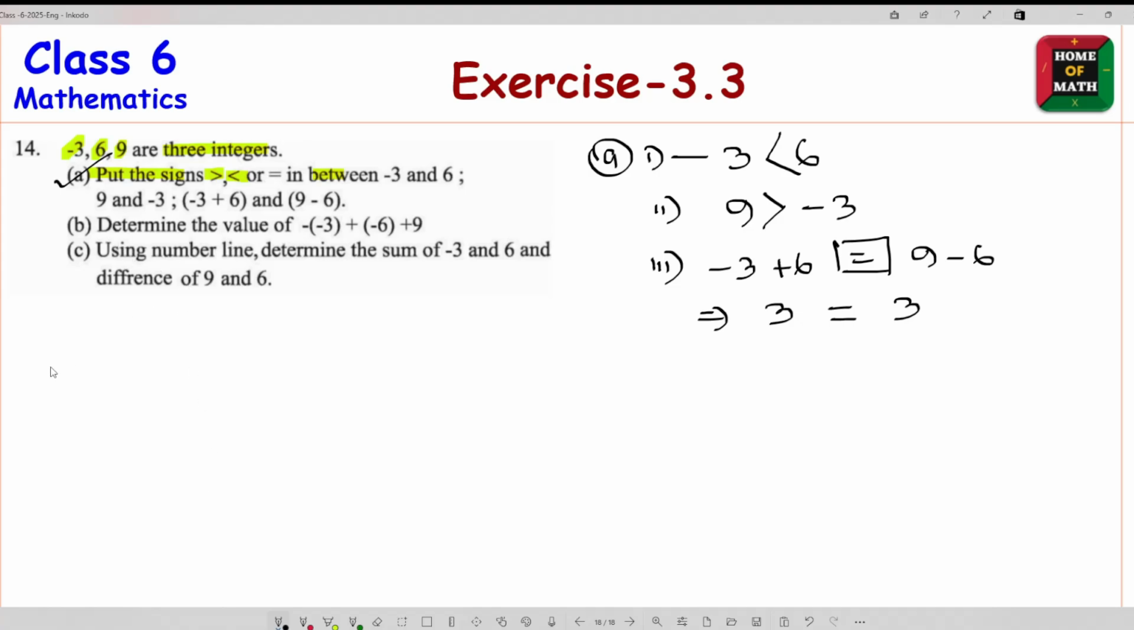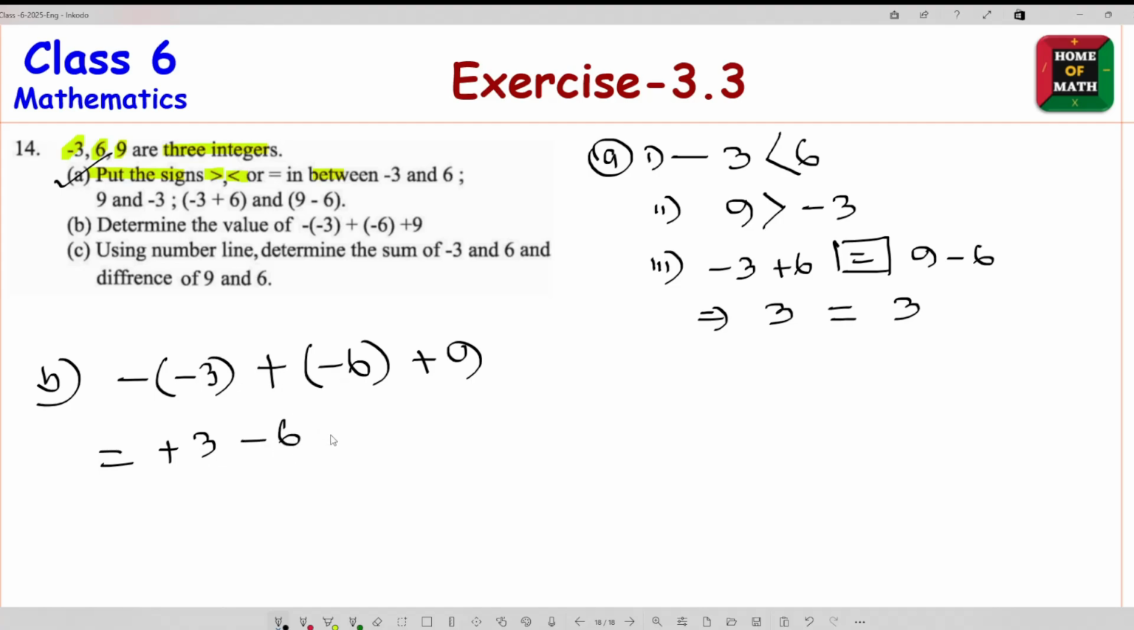Determine the value, number B, which is minus 3 plus minus 6 plus 9. So minus and minus, it should be plus, this 3 plus and minus minus, it means 6 and plus 9. So look, plus 3 plus 9, it will be 12, and here is minus 6, the result is 6. Okay, very easy. Number C,